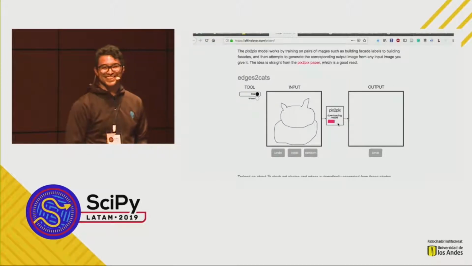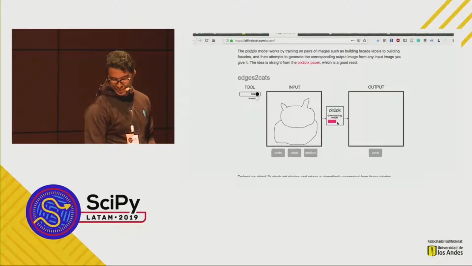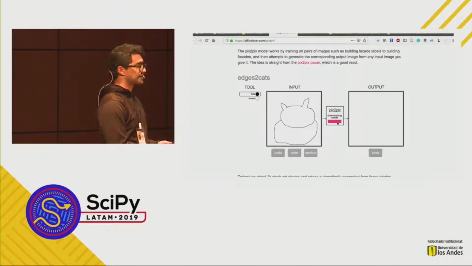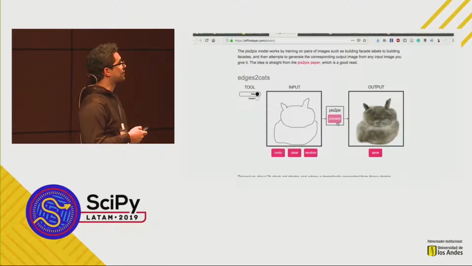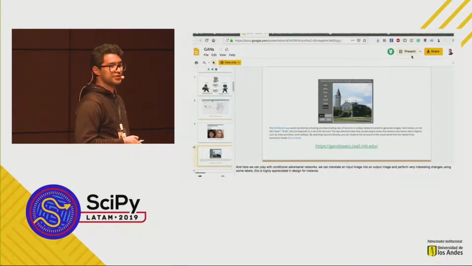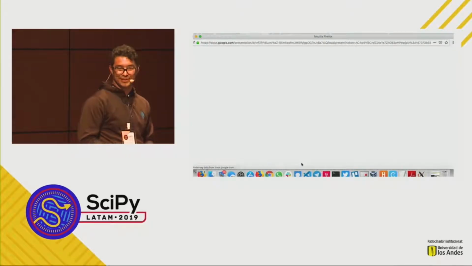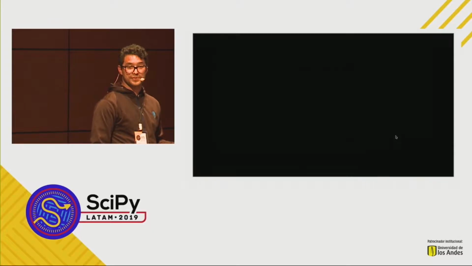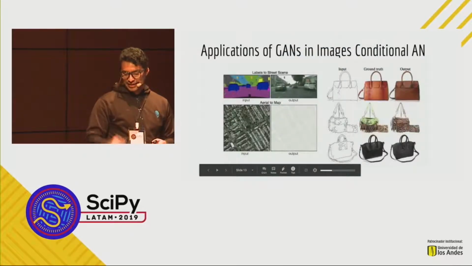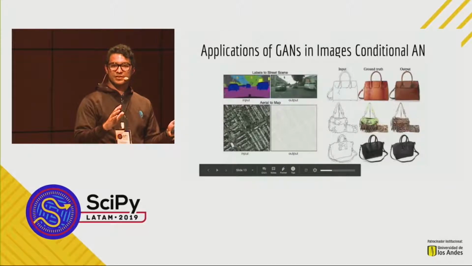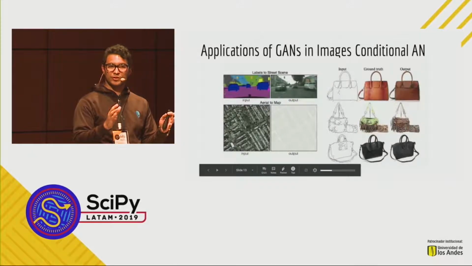Yeah, so that's a cat. So I hope everyone has a good intuition of what is a generative adversarial network so far. There are a wide variety of applications here. I couldn't mention all of them in this presentation because I have a limited amount of time, but I can show you some samples. So this is an example of a conditional GAN, and it uses images instead of noise